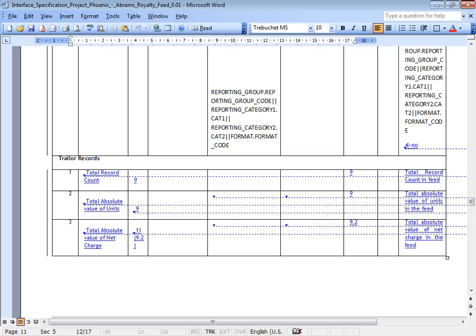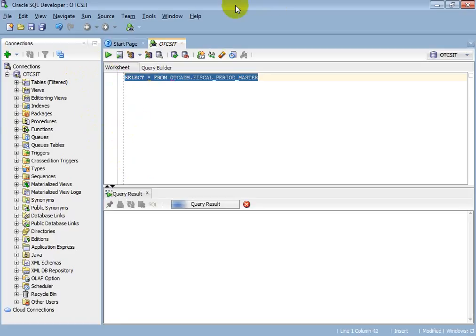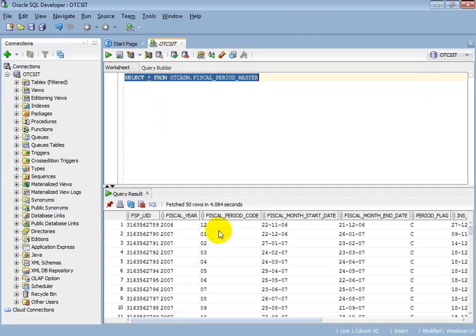I'll show you the fiscal period master table. Okay, this is how the fiscal period master table looks.